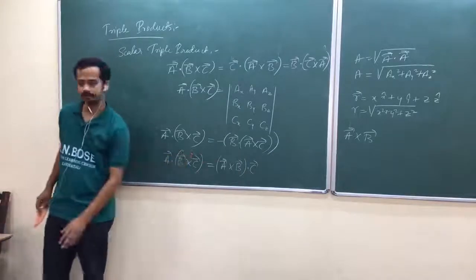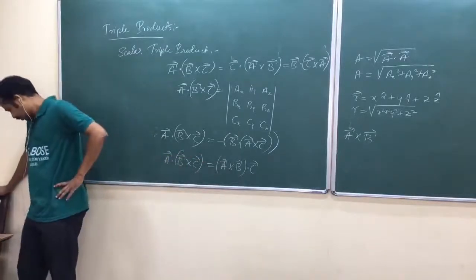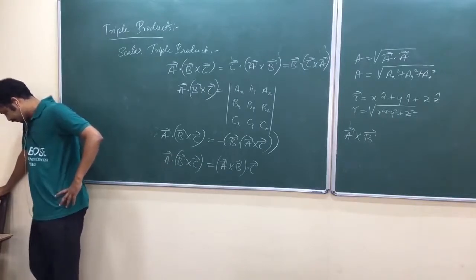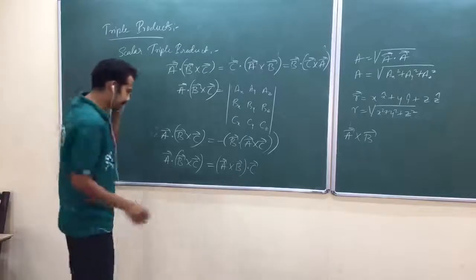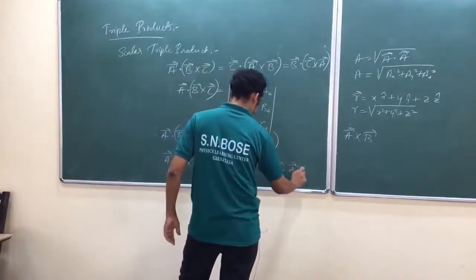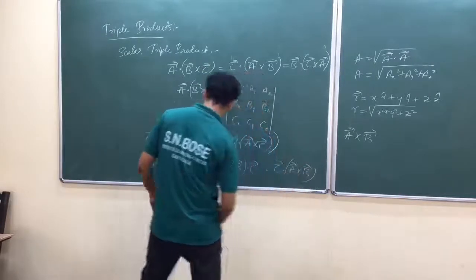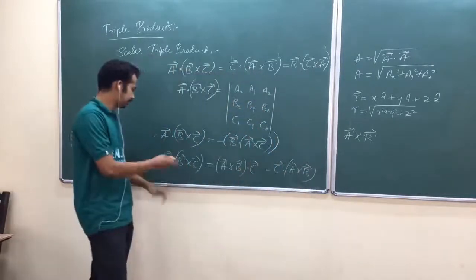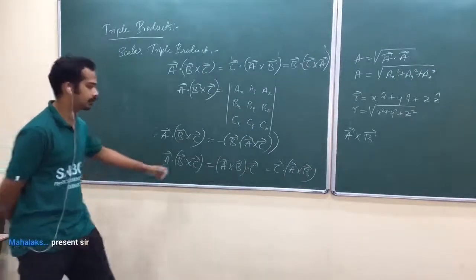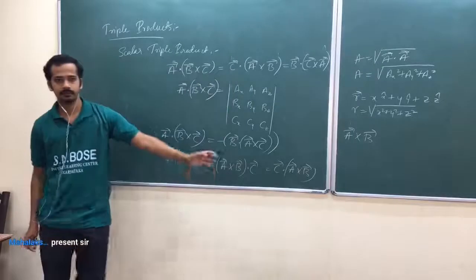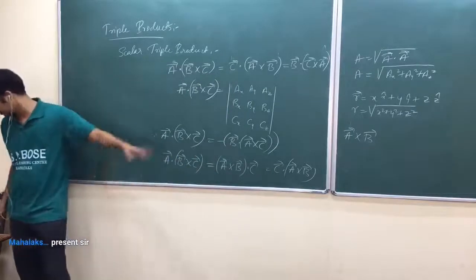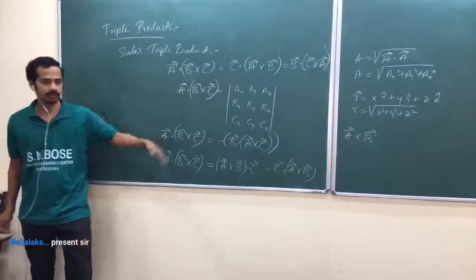ABC, ABC. Again, here you can think, am I right? This I can write as C dot A cross B, am I right? C dot A cross B. From here to here, I think two places are interchanged. You can check it out. Two rows are interchanged while going from here to here. When two rows are interchanged, its sign will not change, isn't it? Or the sign changes twice. Negative, again negative.